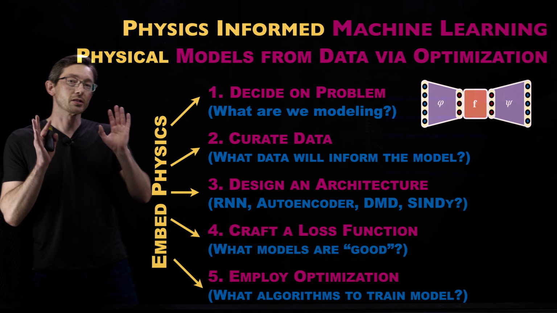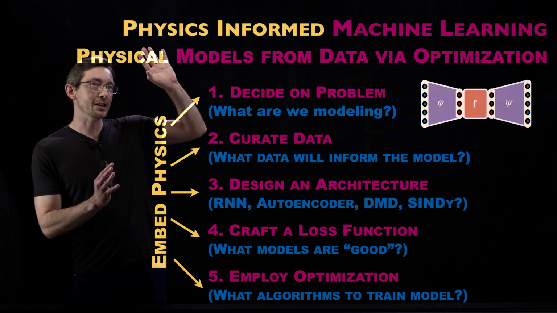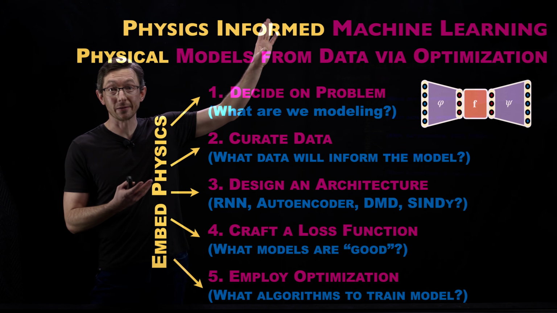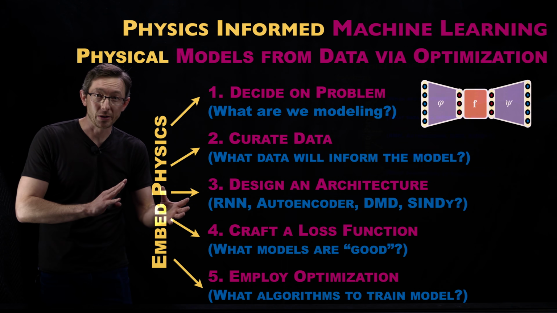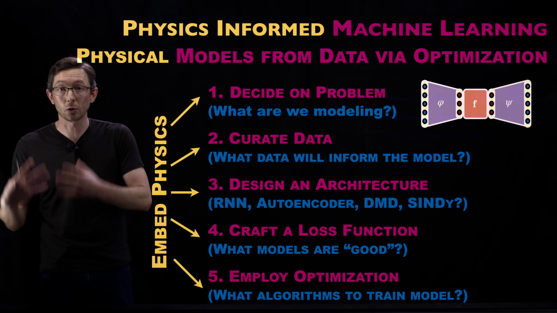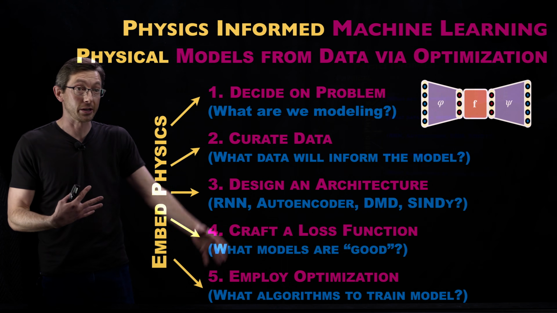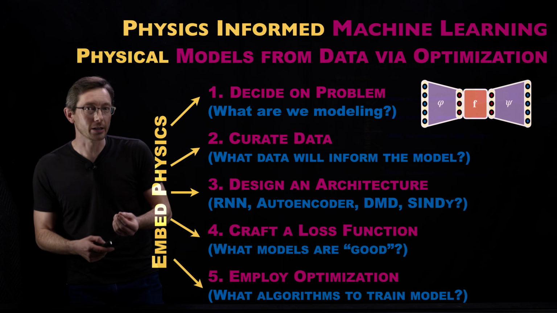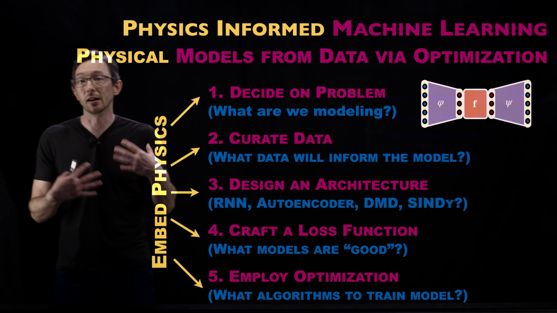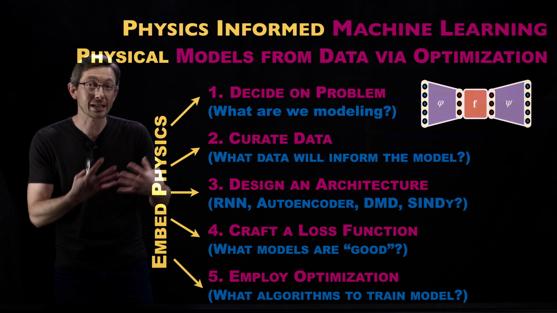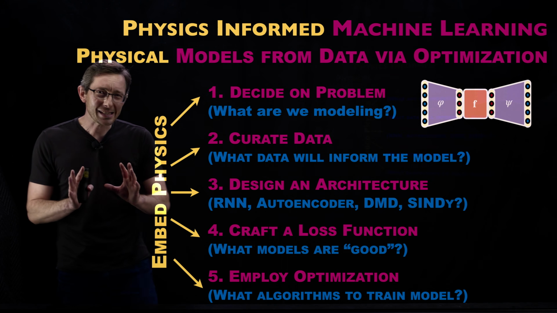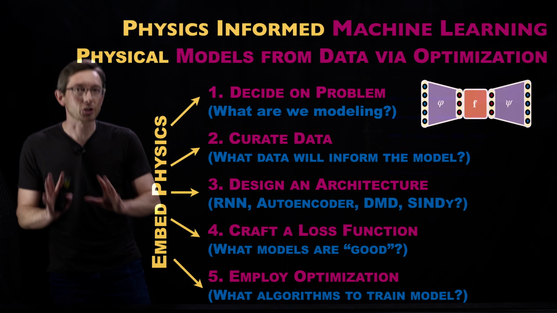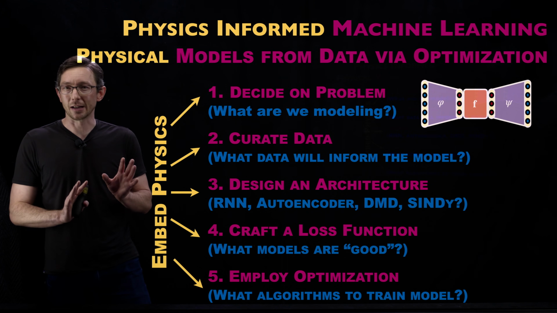Welcome back. So we're working through this introductory series on physics-informed machine learning, where we're essentially looking at the different opportunities and subtleties of incorporating physics into the machine learning process. Today, we're going to talk about the second stage of curating the data, or choosing the data that will inform the model. So this is going to be a little bit of a shotgun of a lot of different topics